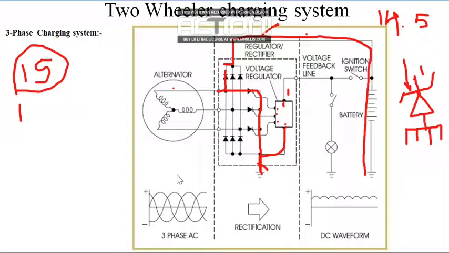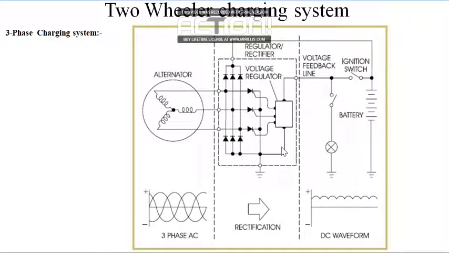But whenever the voltage from the source is more than the rated voltage, the Zener comes into the picture in reverse bias direction and regulates the source voltage, or manipulates the current, in order to keep the voltage across these two points about 14.5. So this is what takes place in our three-phase charging system.